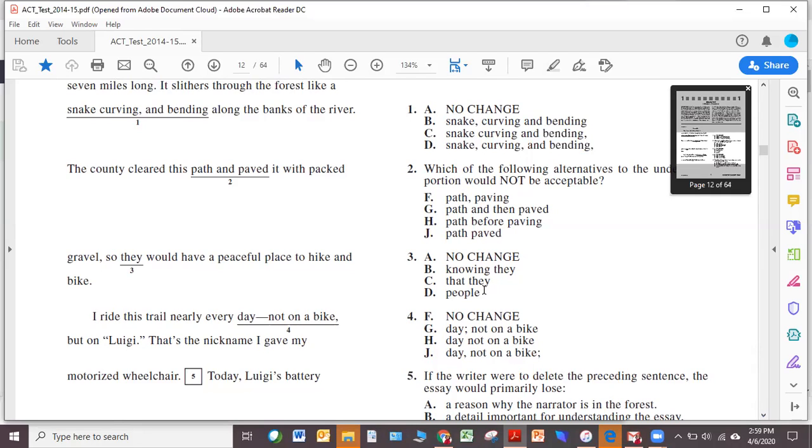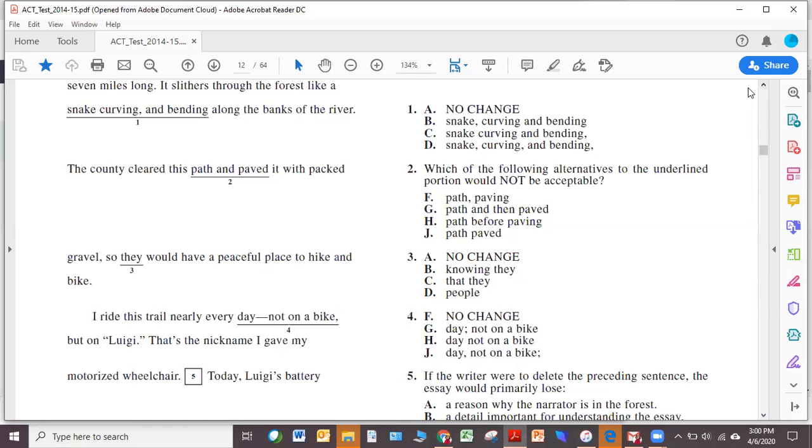So now we've noticed that we're certainly dealing with commas. And what's the same? The words snake, curving, and bending are exactly the same. So we know that the wording is not being tested. For something like this, what you want to do is notice how the answer choices are the same and different. And then what you want to do is deal with one issue at a time. So step 3 would be deal with one issue at a time,